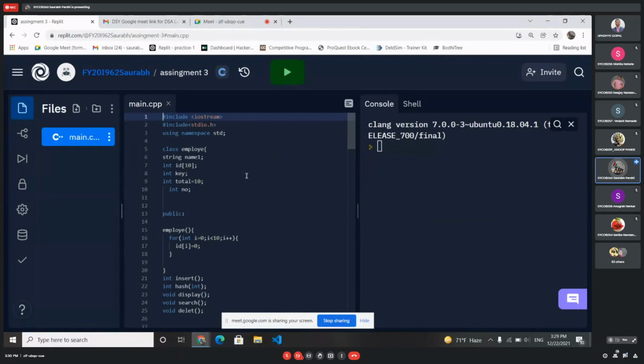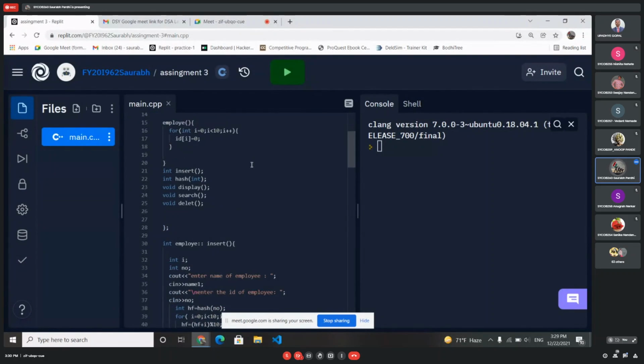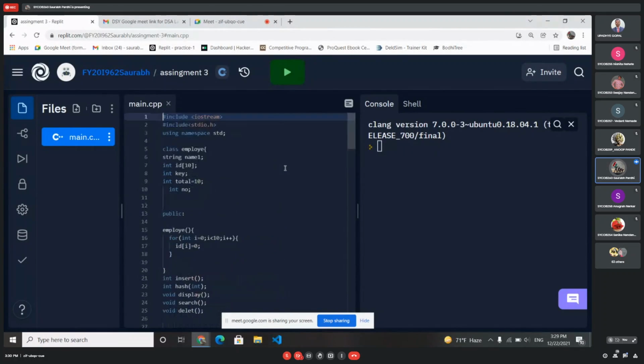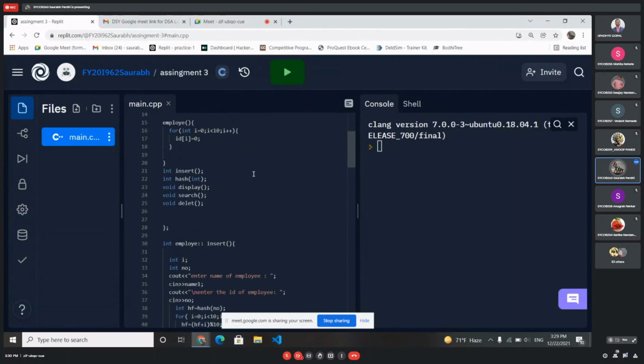Sir, in the first assignment, we are creating a hash table to store and search the employee IDs. First, we will ask the user the number of employees he wants to store, and that size we will use to create the hash array. Here I have taken 10, so I have created one array of 10. Then we will ask for ID.